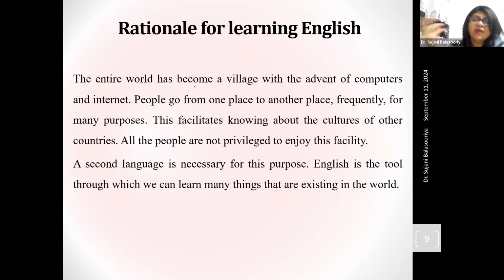Because all the people do not get the chance to enjoy this facility. Means they can't learn the cultures and languages everywhere, no? Right? There will be a very limited number of people who have the access to know the other languages and cultures unlimitedly. But the majority of the people in this world can't know all the other languages and all the other cultures. That is not possible, right? Impossible. Then still they have to go here and there, right, to get certain works done.